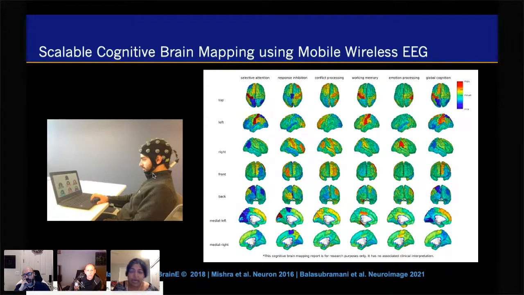or a community setting, and get reliable information, which is what the papers talk about, that this data is reliable across test-retest recordings. But essentially, across these different tasks, selective attention, response inhibition, conflict processing, and so on, what I'm showing here is actually just a representative map of one participant out of, say, 500 that we've recorded until now. And the way this activity is being represented on their cortical surface is that the mean activity would